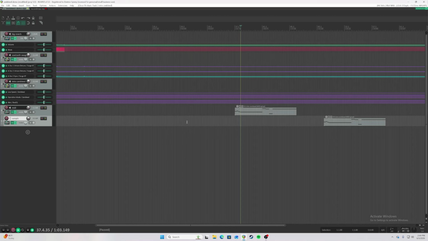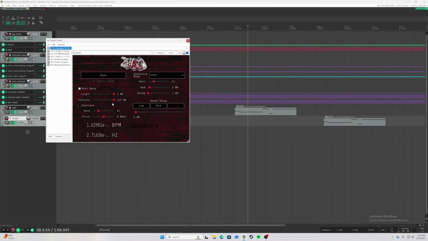So to demonstrate more of the features, I'll first talk about some of the speed controls. There are three main modes here as far as the speed controls. You have default, which calculates the speed based on the host BPM. So right now I have it set to 140. And then there's the speed slider, which will control what ratio of, or how fast the speed is relative to the host BPM. So if it's set to 1, that's just going to be